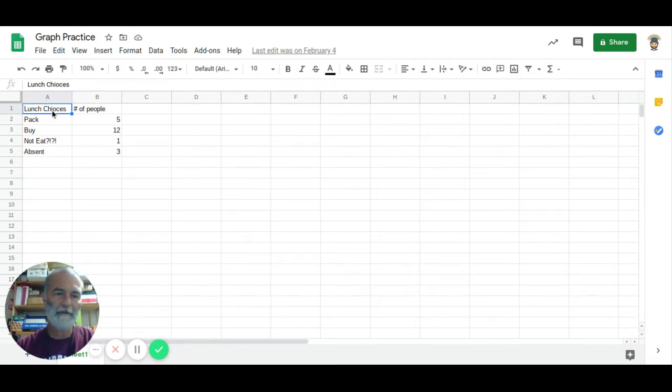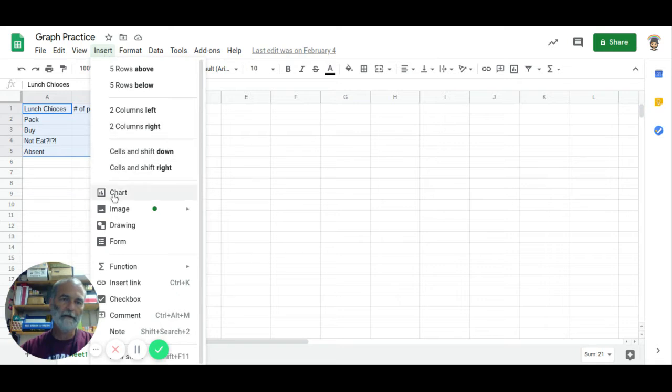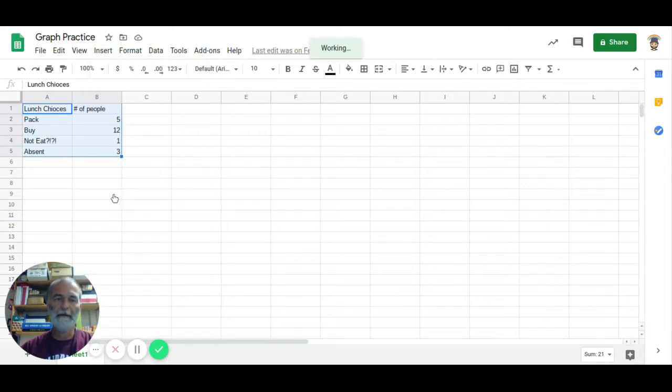I just made up some numbers there so I had some data for my graph. In order to make a graph, I'm going to make a bar graph. I'm going to highlight all of the data that's there. I clicked on the A1 square and then dragged and held down as I went all the way down to the B5 square. Over here, there is a little button that shows a graph. It's called Insert Chart, or you can go to Insert and scroll down to Chart, and you can click on that, and it will take your data and